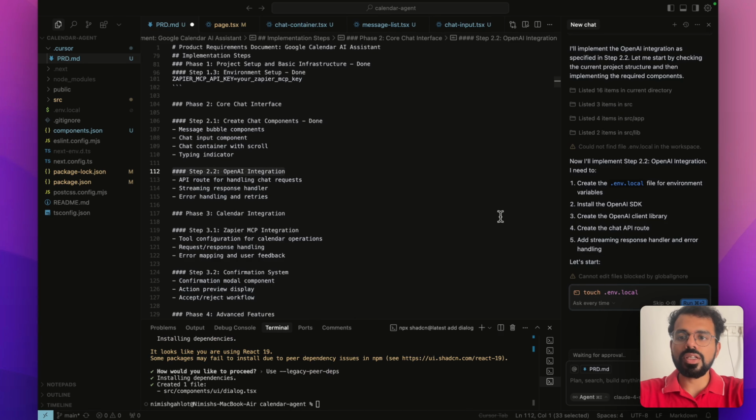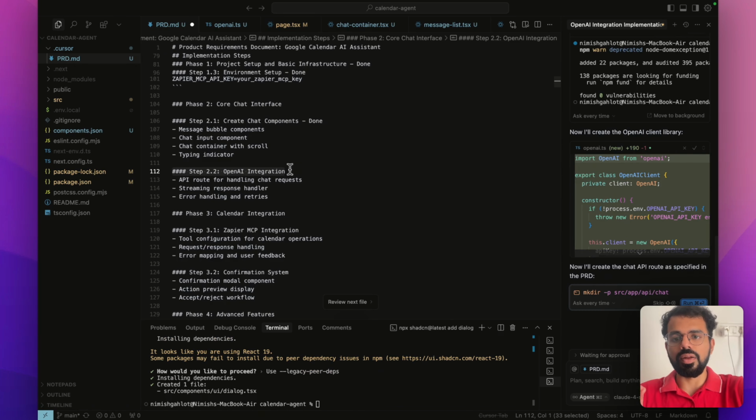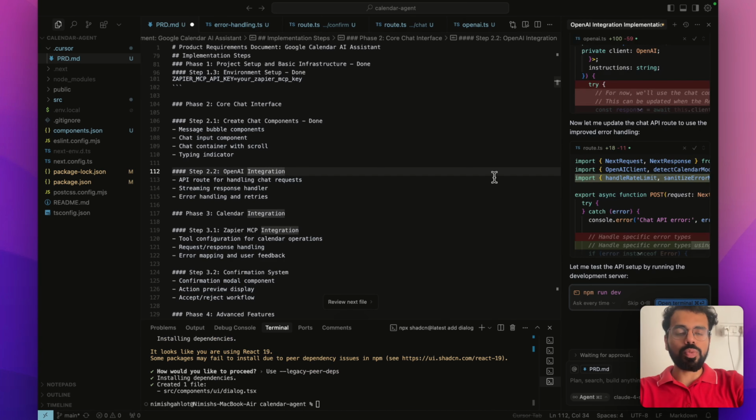One thing that you need to notice is that your .env.local file where all your environment variables are saved is not visible to your cursor agent. It is not a bug, but this is actually a security feature because through this process, your API keys remain secured. So right now, when I implemented step 2.2, it asked me to create the .env.local file again because it cannot see the existing file there. So that's why I will mention over here, we already have a .env.local file. So I skipped creating the .env.local file and it is proceeding with the rest of the steps that are part of this segment. We are done with step 2.2 as well.